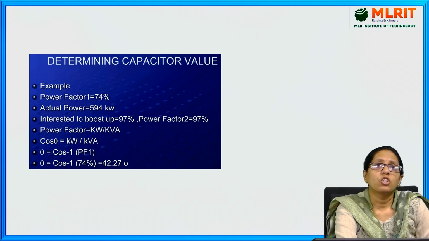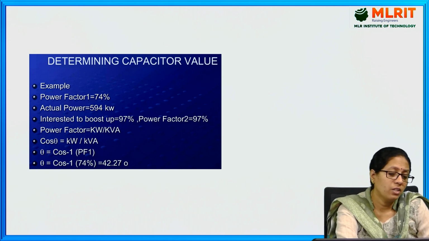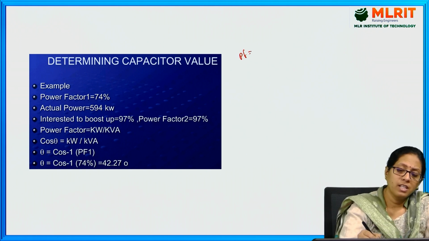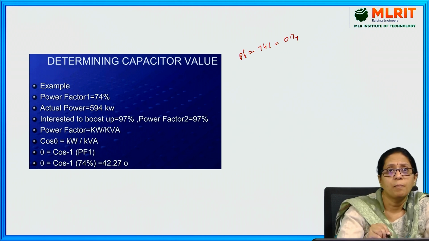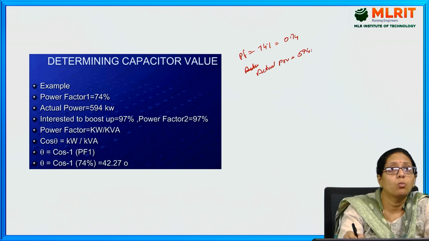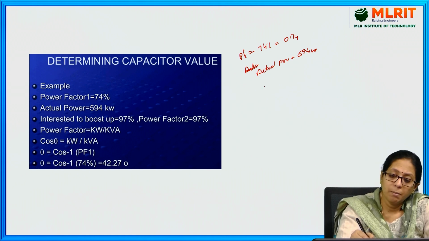The determination of capacitor value. How to determine the capacitor value? Here you can take an example where the power factor is 74%, that is 0.74, and the active power, the actual power, is around 594 watts. So the power factor is now being boosted to